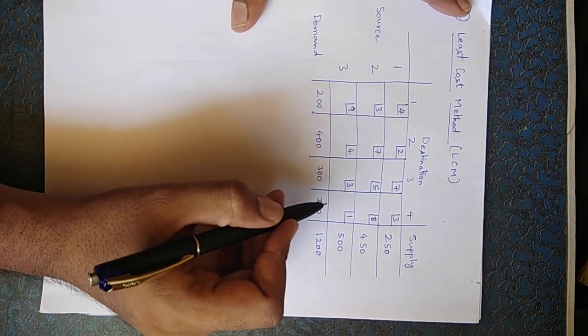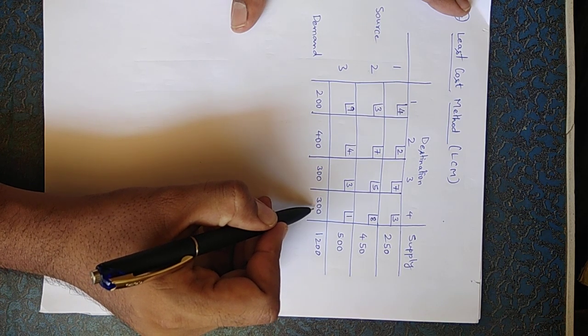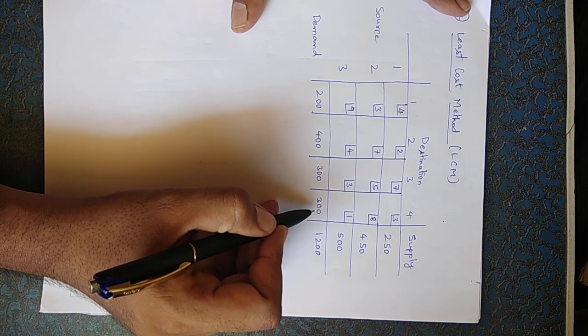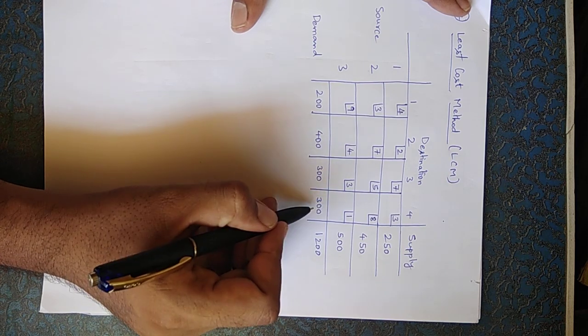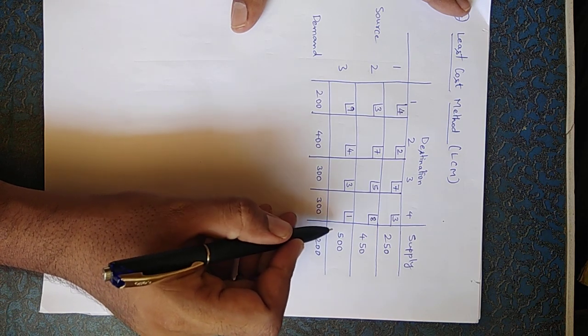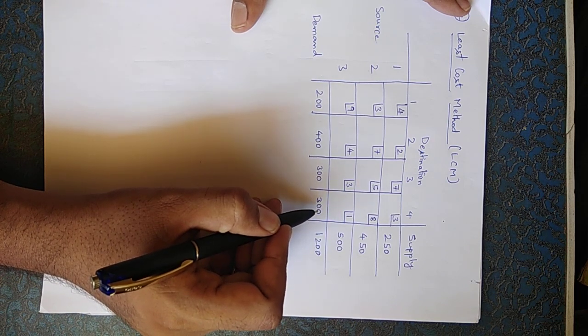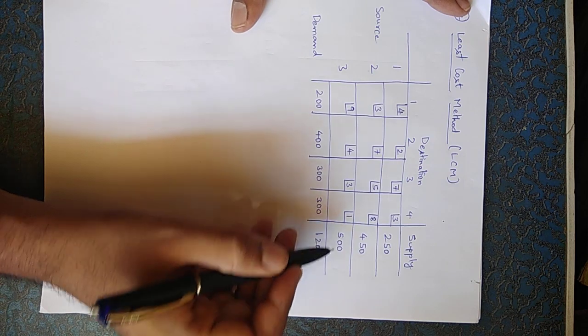Here we can observe that the minimum between 300 and 500. Why I always say minimum? The reason is the best possibility of catering to this cell is the least number. So that is why we always pick the least among the numbers between the rows and column total. Okay. Now we will see this is 300 is lesser than 500.